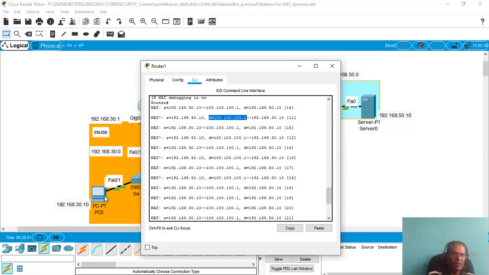Look here, while there is no machine with an IP address 100.100.100.1, this is actually the network address translation. A machine that is 192.168.30.10 is being addressed by an IP address 100.100.100.1 from the sun pool of IP addresses we have allowed for communication purposes.